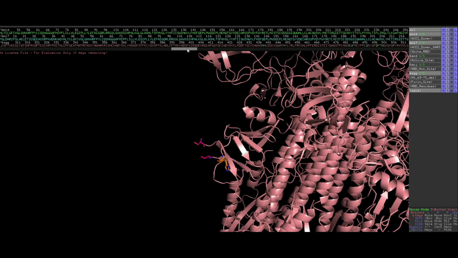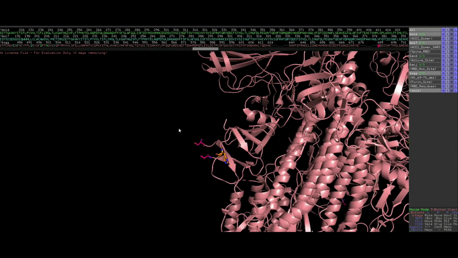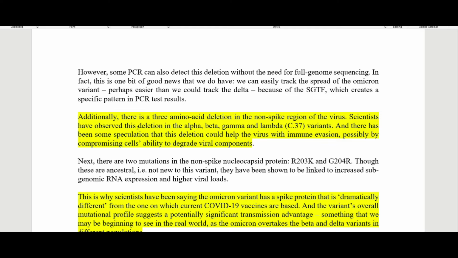So if we look at this, yeah, that is the furin cleavage site there. All right, so if we continue on here, additionally, there is a 3 amino acid deletion in the non-spike region of the virus. Scientists have observed this deletion in the alpha, beta, gamma, and lambda variants, and there has been some speculation that this deletion could help the virus with immune evasion, possibly by compromising cells' ability to